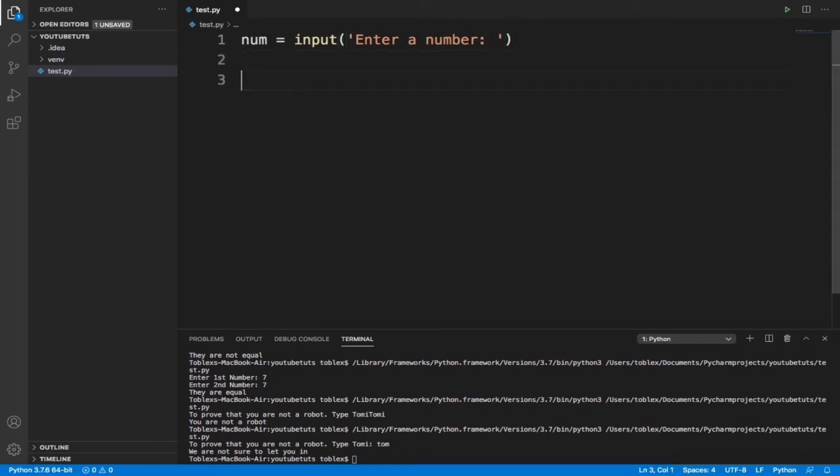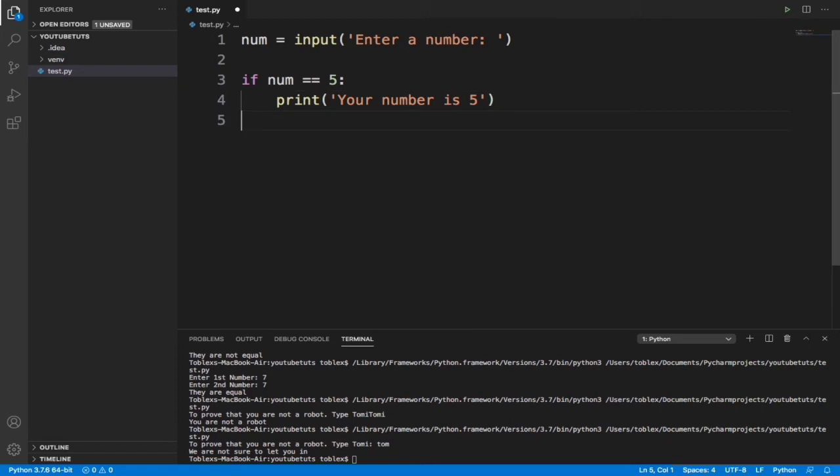Now let's say if the number the user entered is equal to 5, then print your number is 5.